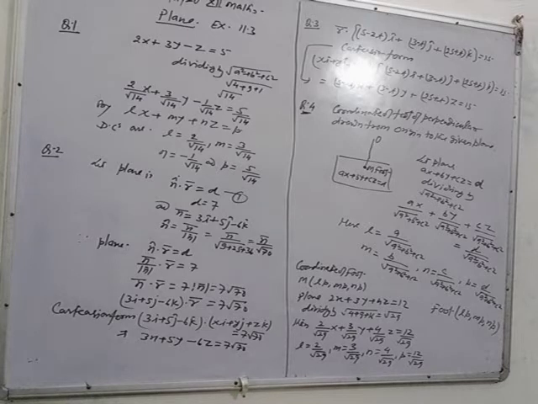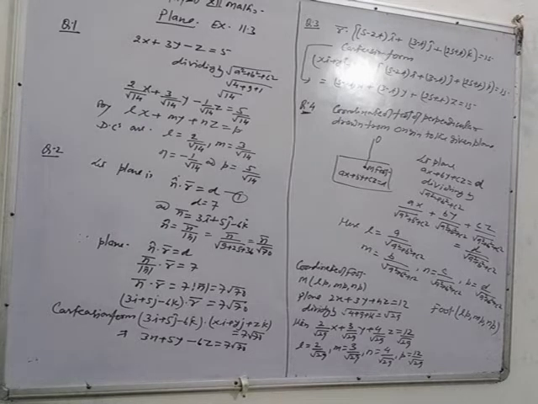Now see some problems. In question number 1, you have to change into normal form. The general equation of the plane is given, in the form ax plus by plus cz is equal to d. To change it into normal form, divide by the root of a square plus b square plus c square, that is, the root of the square of the coefficient of x plus the square of the coefficient of y plus the square of the coefficient of z. a, b, c are direction ratios of the normal to the plane.